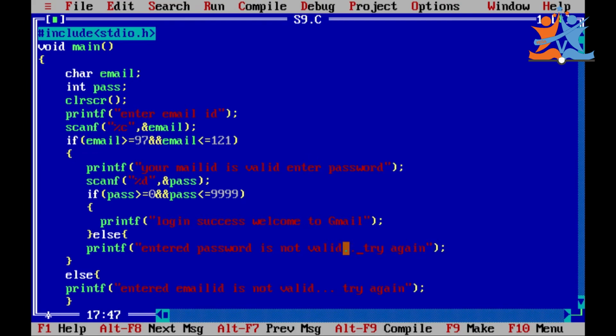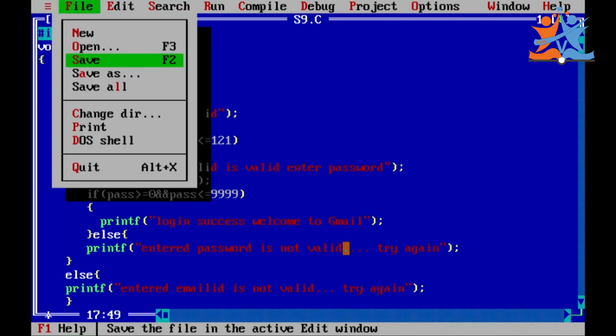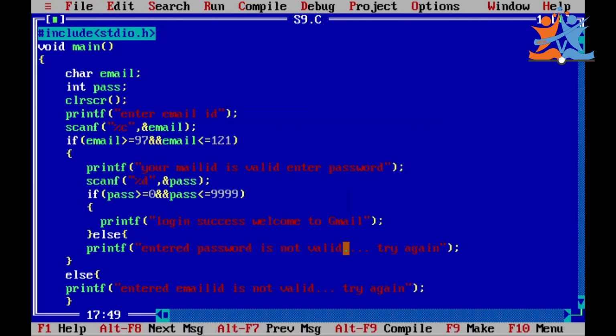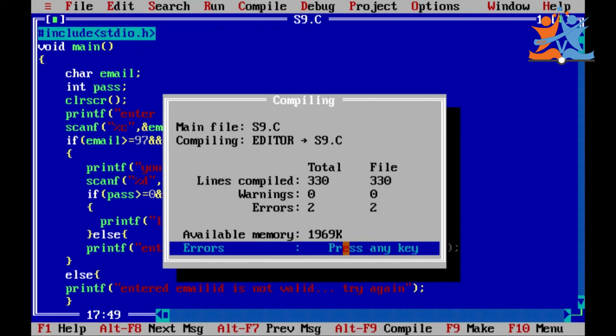So like that we will go with file, save, and file, compile.